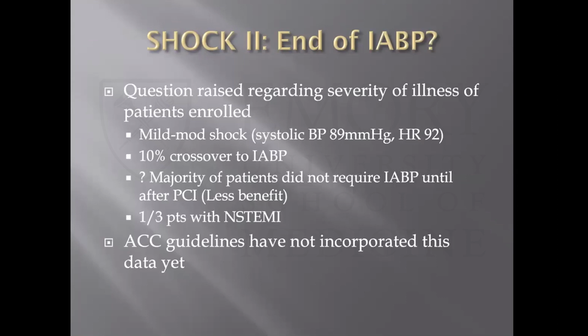Well, as with everything, you've got to look at it with a grain of salt. So there are a lot of questions when you parse the details of the trial about, well, what was the real severity of the patients who were enrolled? Were the patients who were in rip-roaring shock, were the operators and the investigators really comfortable in randomizing those type of patients? Well, probably not. The patients who were included were probably much more of a mild to moderate presentation of shock, with just a borderline blood pressure under the definition of shock.